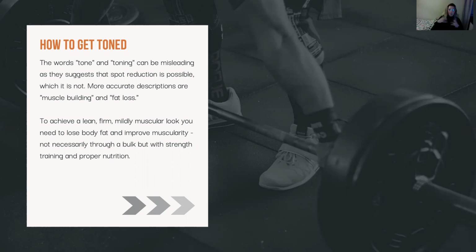But getting toned, or toning up, is basically a combination of muscle building and fat loss. It's actually what we call a body recomposition. So if you ever go in and say to a coach, I want to do a body recomposition, they'll marry you instantly. The other issue with using the word toned is it kind of misleads people,